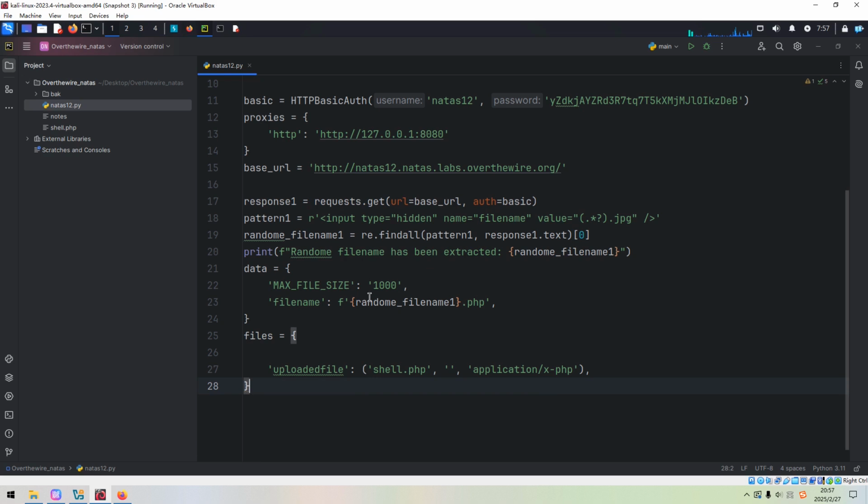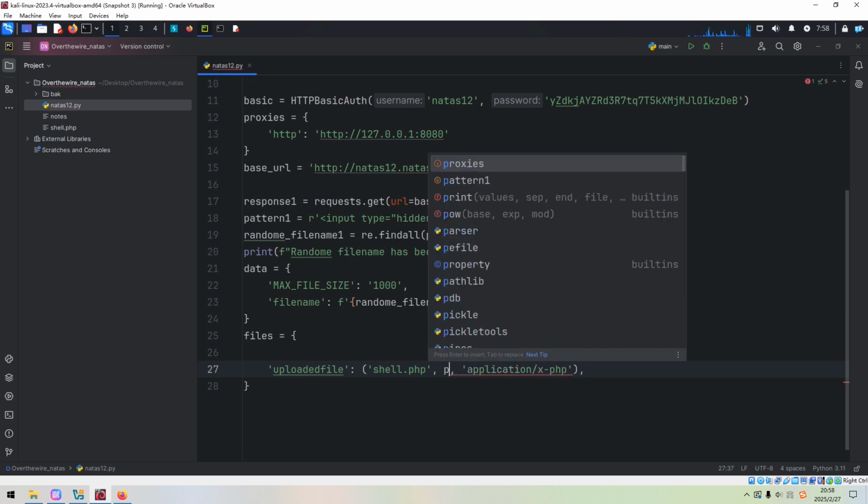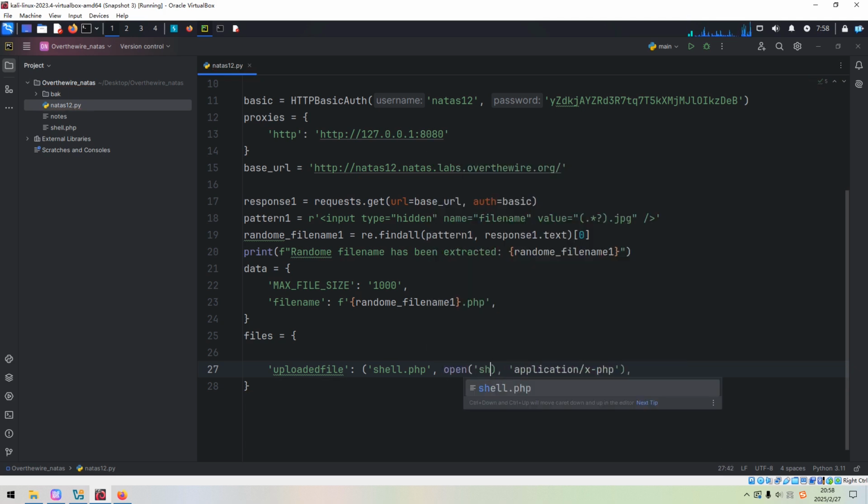Next, we need to specify this file name. However, we also need to put the actual content of this file. How to do it? We just open this file, shell, with read only and byte mode. I think that's all. I think we can save, and now we can submit this request